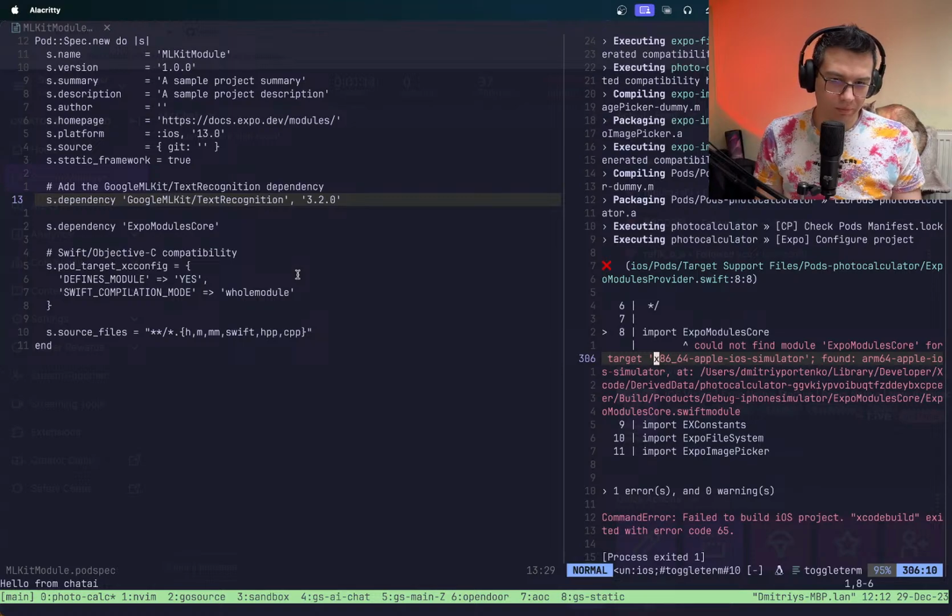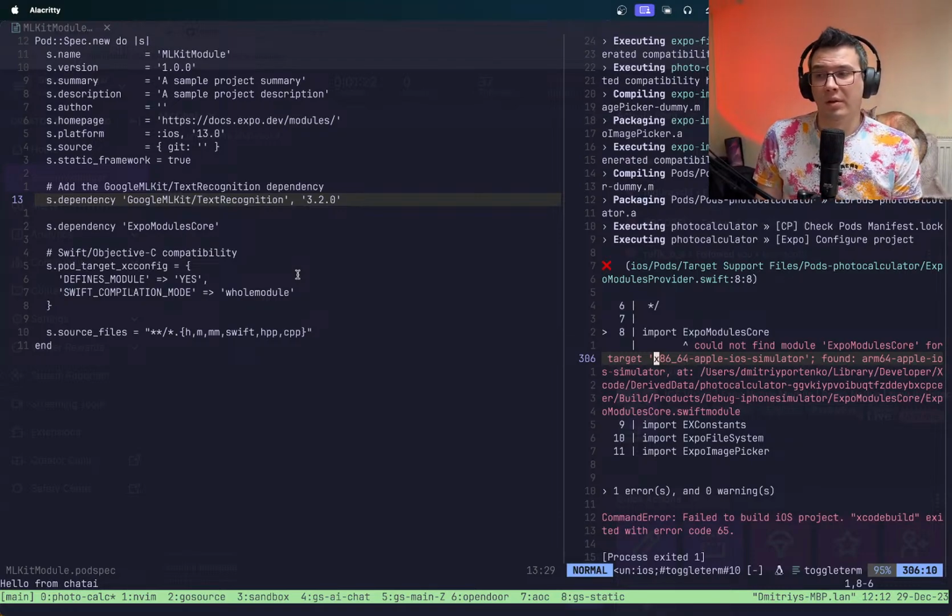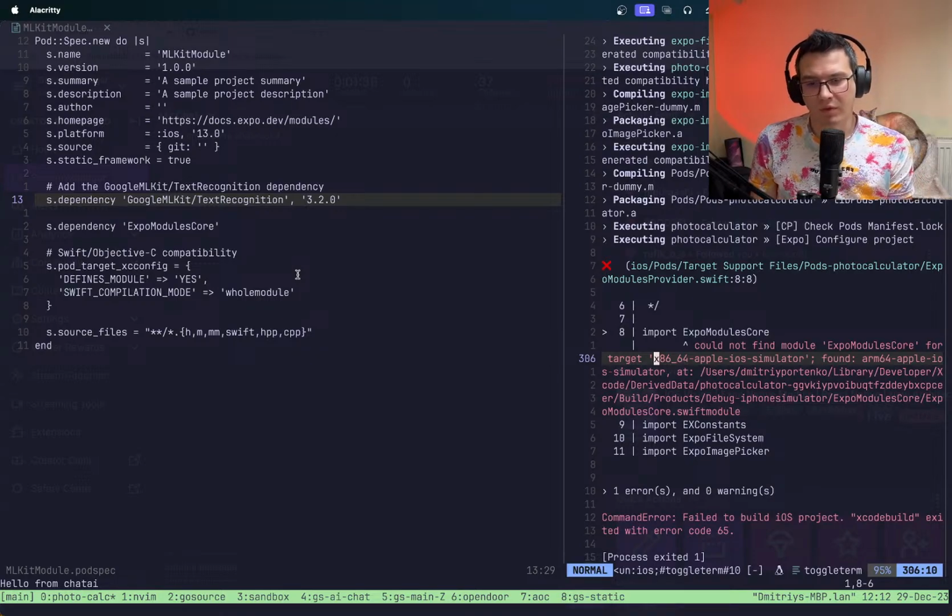not a problem. We still can build the app on the device, for example, but for development experience I think it's not what I want, because most of the time I'm developing something on the iOS simulator. That's because it's fast and easy to do. So